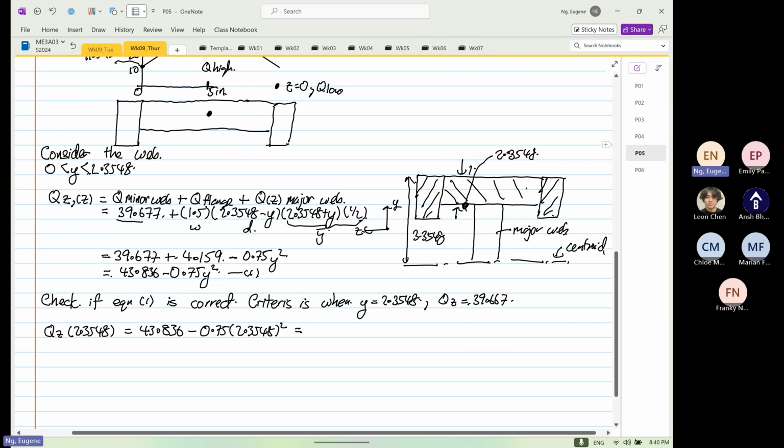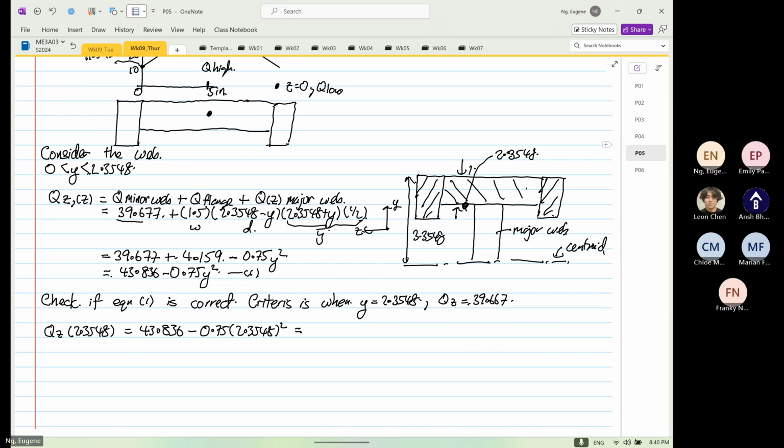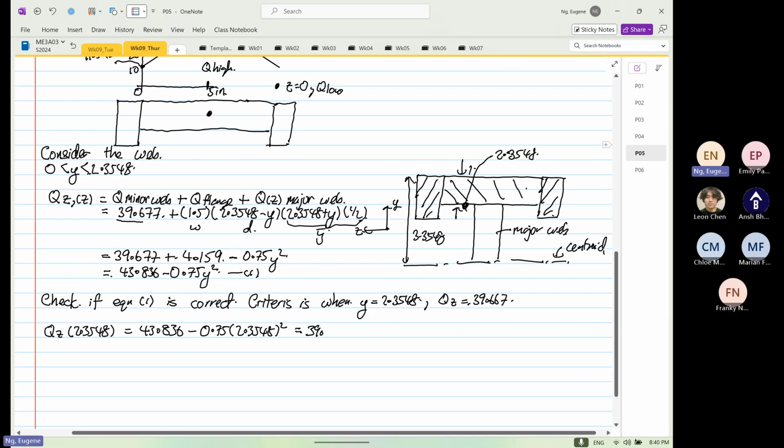It has to be equal to 2.3548 squared times 0.75. So 43.836 minus this is equal to 39.677, which is correct, right? It's exactly the same. So you check that this equation is correct. Okay. And then finally,